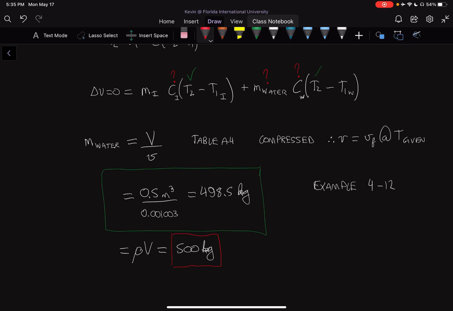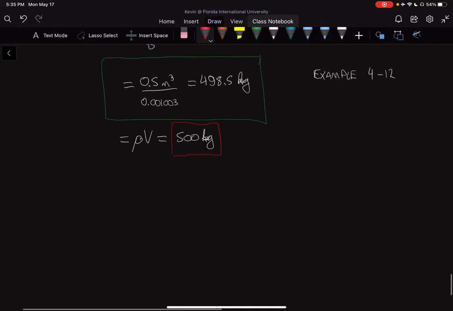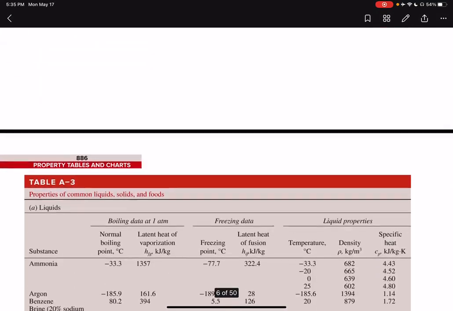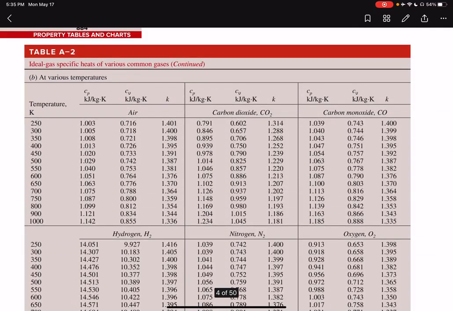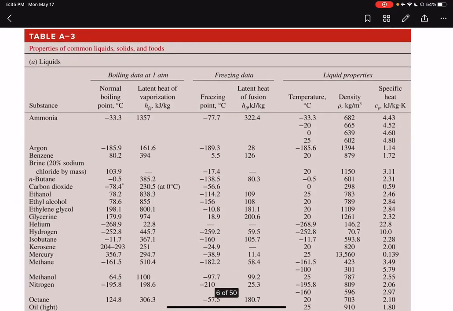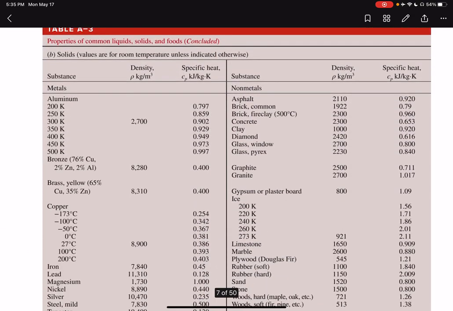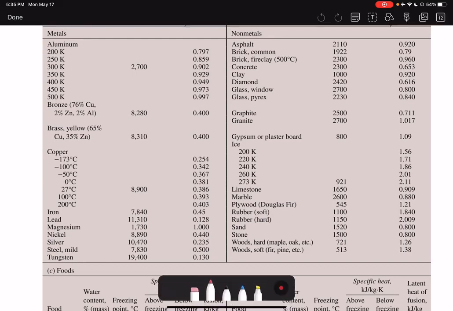The next thing we have to find is the two C's. So we need to find C for iron and C for water. So C for iron is equal to the following. Let's go to table A2. In table A2, we see that we have ideal gases and more ideal gases. So we're going to go to table A3, where we have properties of common liquids, solids, and foods. We then go to our solids, which are in part B, and we try and find our C for iron,